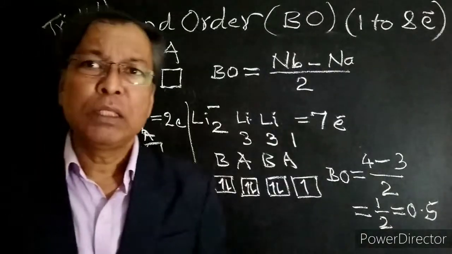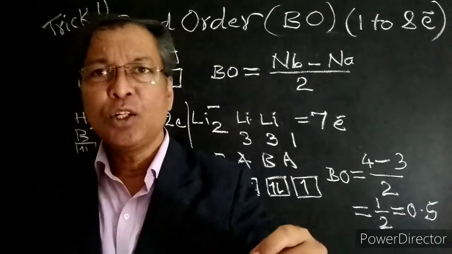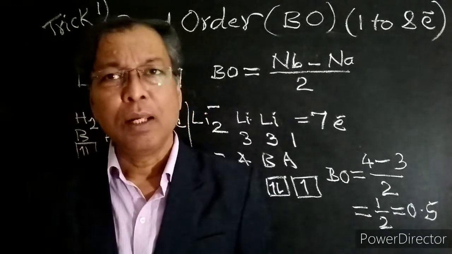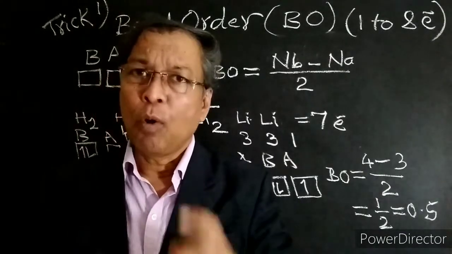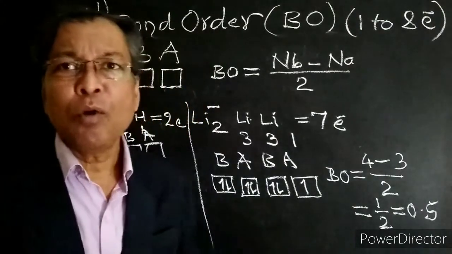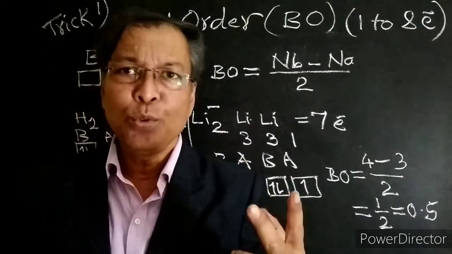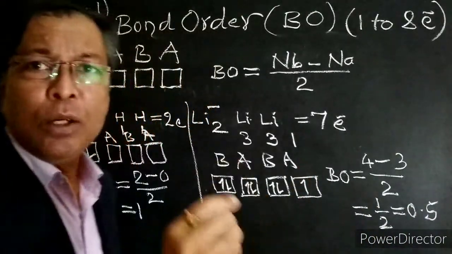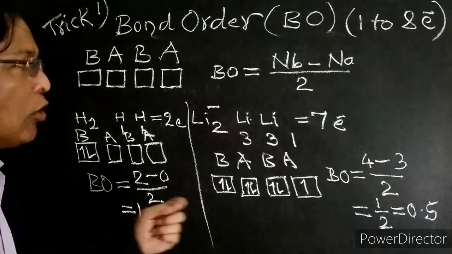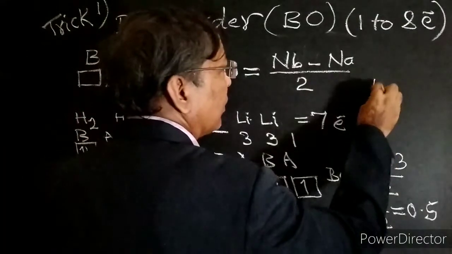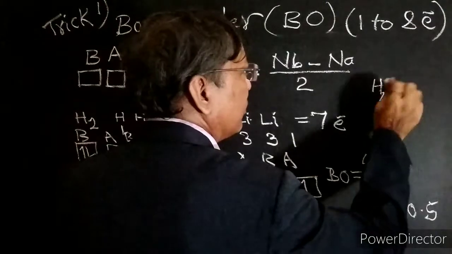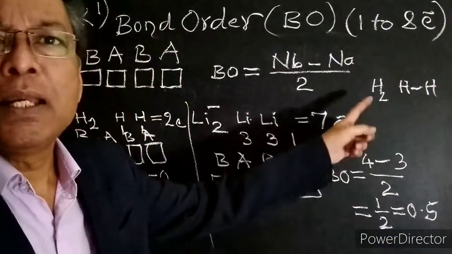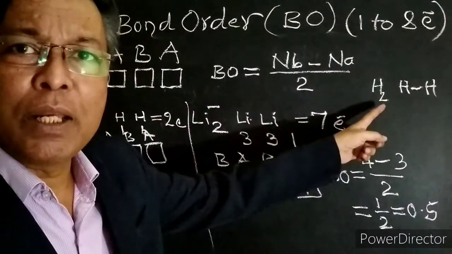Before I proceed to solve the JEE, IIT and NEET level questions, I would like to define what bond order is. In simple words, bond order is nothing but the number of bonds that exist between 2 atoms. I repeat, the number of bonds that exist between 2 atoms is its bond order. For example, in the hydrogen molecule, each hydrogen atom is bonded with a single bond. Therefore, its bond order is 1.